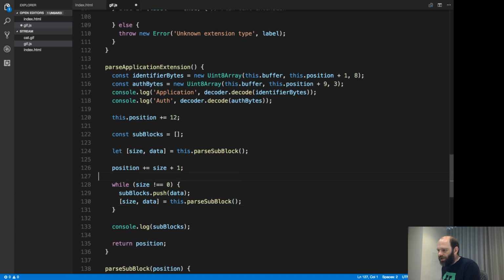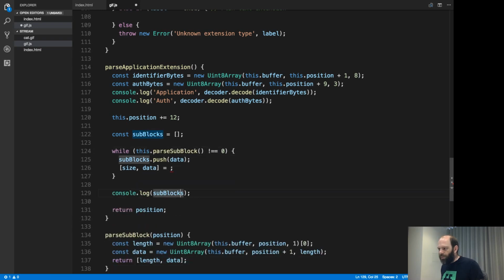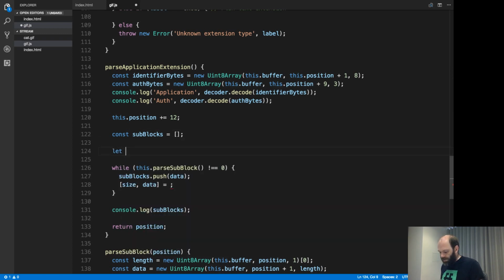So while this, which can now return, while this not equals 0, oh no, that's let block equals